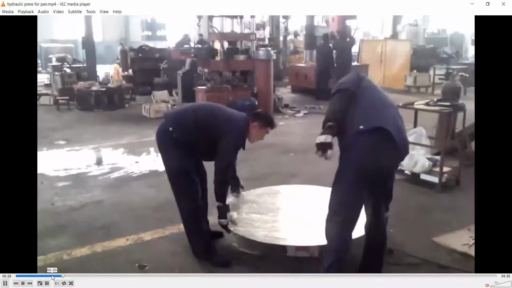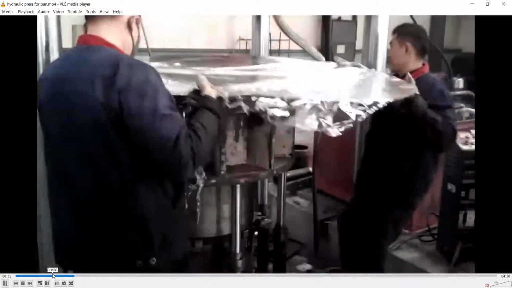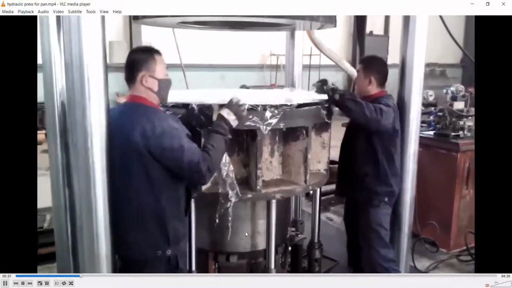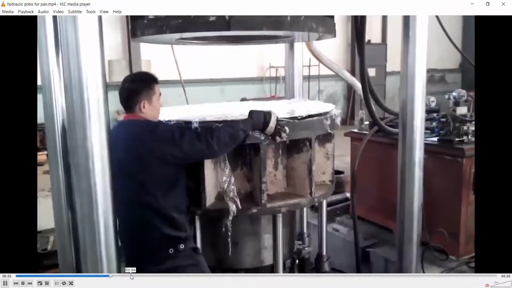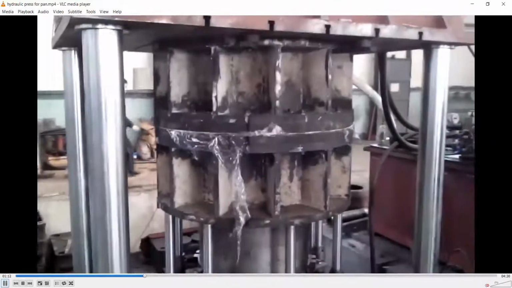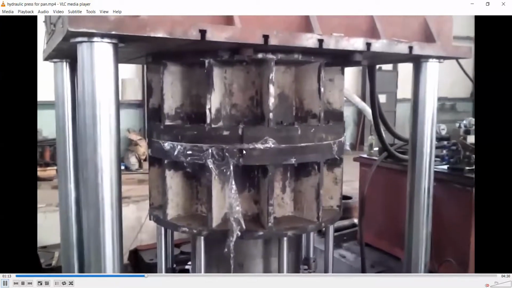So you could see that we are having a large circular blank, and once again the diameter of this blank needs to be accurately calculated depending upon the size of the part. So this blank should be properly positioned. And in this case, we are having an inverted die again. So the die is at the top, the punch is at the bottom. So the die will move downward.